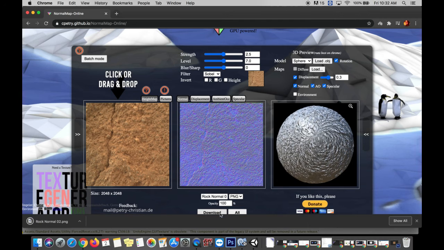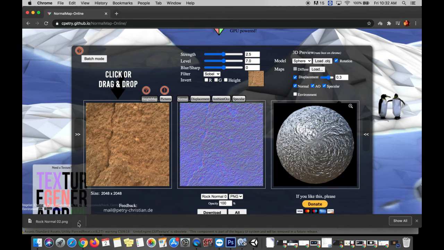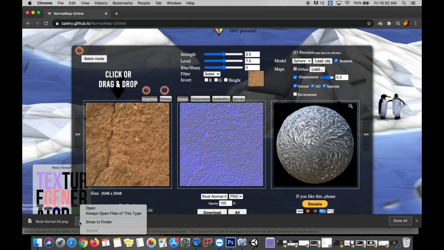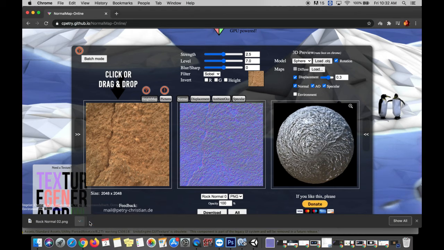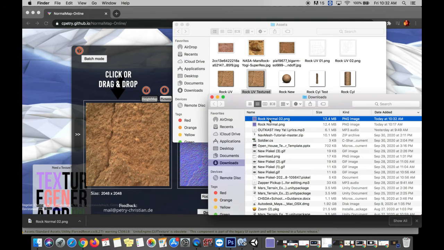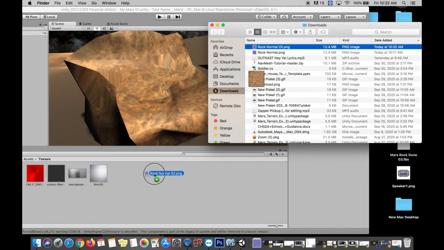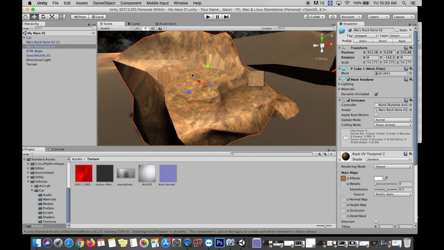Now it's just time to give this normal map a name that we'll recognize and save it. Once we have it saved, we can simply click Show in Finder, and we can find it and simply drag and drop this into Unity as a new asset. Now you can see our purplish normal map amongst our assets,